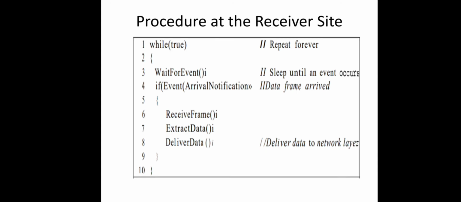And the receiver also runs an infinite while loop. Initially it's waiting for something to happen. What is to happen? It's waiting for some data stream from the physical layer. So whenever it receives a notification, it receives a frame from the physical layer. From the frame, it will extract the data packet, removing the header and trailer. There is no need of computing the checksum, because there is no such requirement in the link. Then deliver the data to the network layer. That's all in this flow control mechanism using the simplest or simplex protocol.